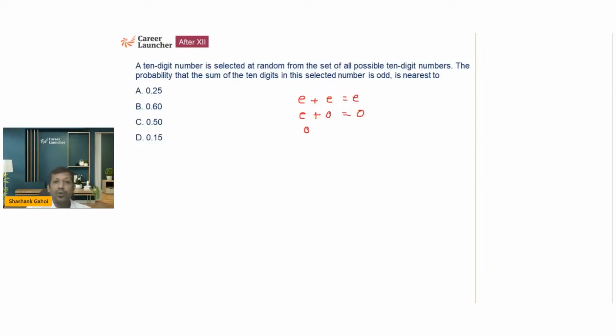When we talk about odd plus even, that is odd. And when we talk about odd plus odd, that is even, right? So there are going to be only four cases. Even in the cases of digits, whether you talk about 2 digits, 3 digits, or 4 digits, it doesn't make a difference. So there are going to be four cases, and out of four cases, what is the probability that the sum will be even? That is going to be your